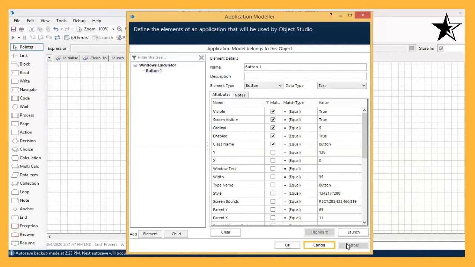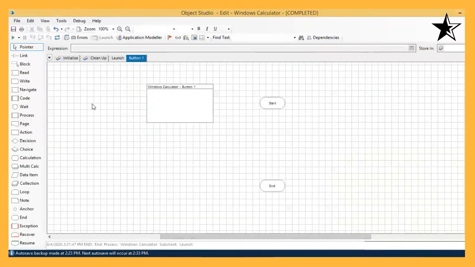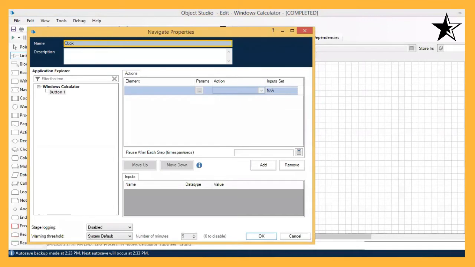Okay, so let's apply this. Okay, this is done. Now I will simply take one navigate stage. Here it is, navigate stage, and I am simply going to link all these stages and just rename it as click button 1. Okay. Now when you click button 1, you have to select the click button 1